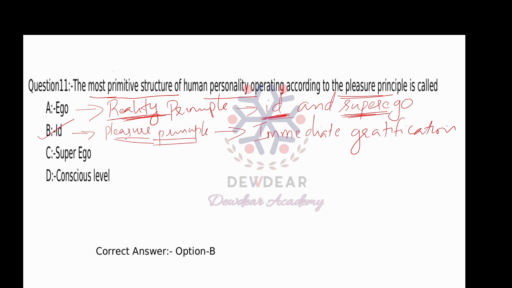And then we have the superego. The superego is the part of the personality that represents internalized morals, ideals and societal rules, the social norms and morality. So we can say the superego works according to the morality principle.